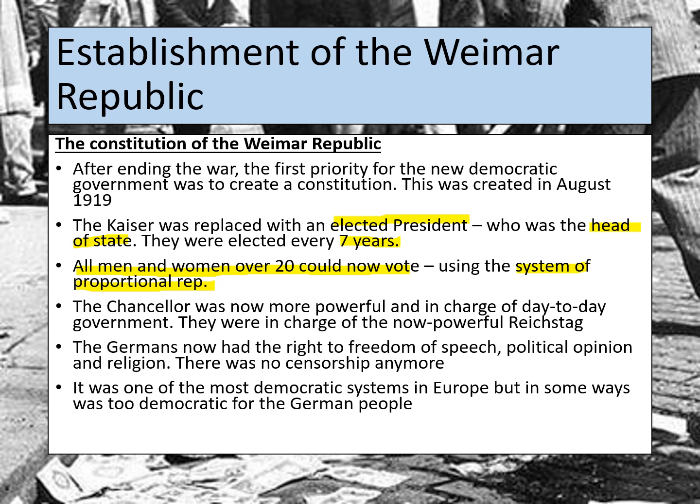The other person you need to be aware of is the Chancellor. Now, the Chancellor was actually more powerful now. He wasn't elected by the Kaiser, as had previously been done. Instead, the Chancellor was also elected by the people. And the Chancellor was in charge of the day-to-day running of government, so quite a lot like our current Prime Minister. And also, they were in charge of the now powerful Reichstag. The Reichstag also now had more powers to pass and create laws.